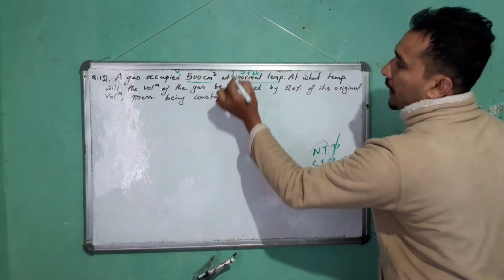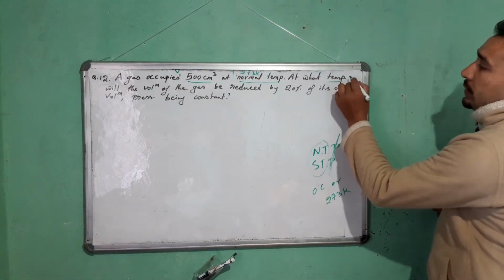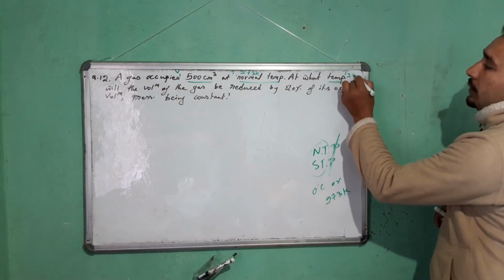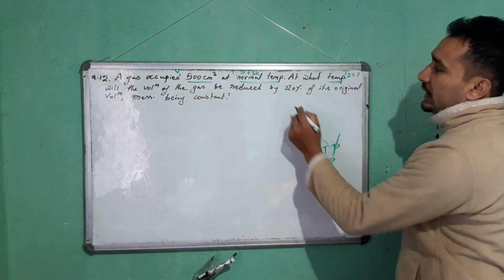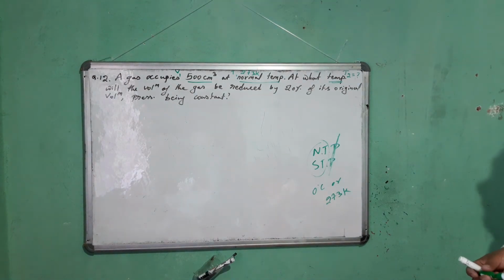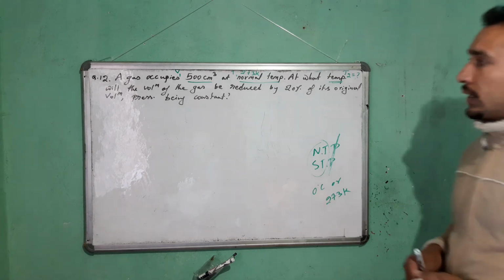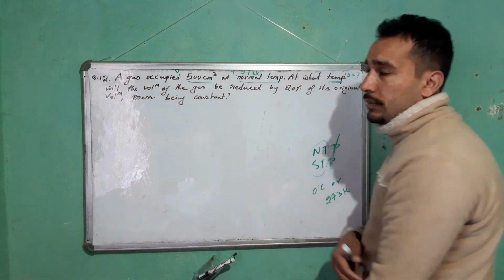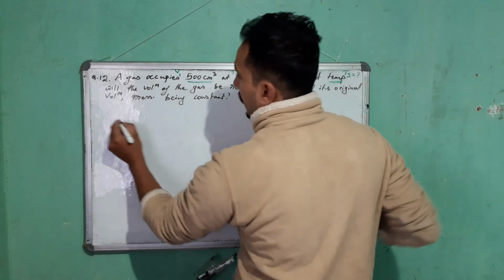So this is T1. At what temperature means T2 is a question mark. Will the volume of gas be reduced by 20% of its original volume? So V2 is V1 minus 20% of V1. Pressure is kept constant. That means you have to use Charles' law. So given: